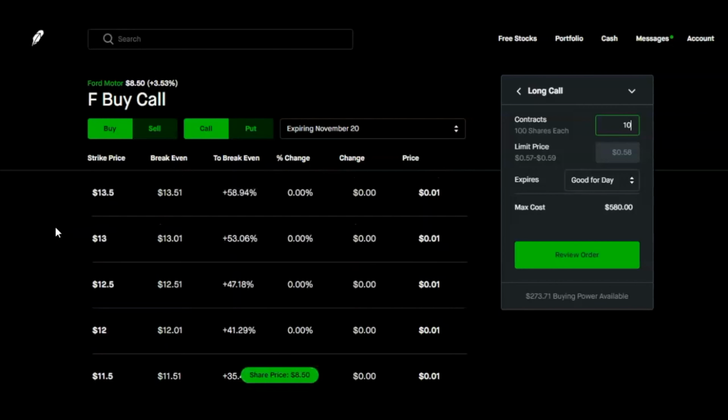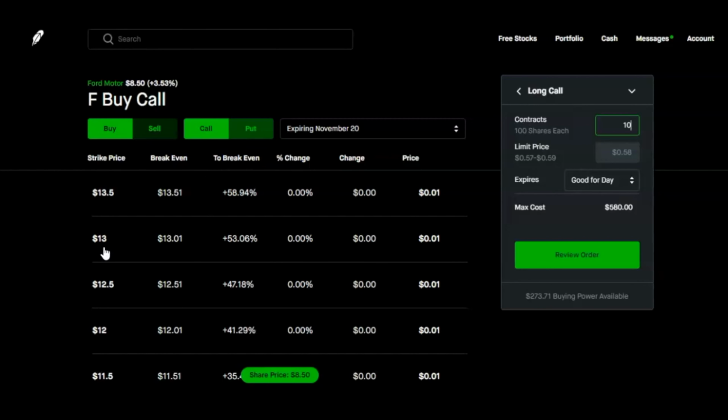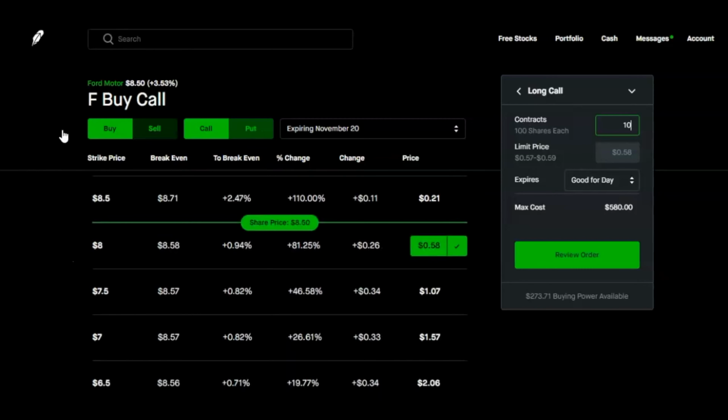And now on the flip side, it's the same with puts. The same with puts is that you use them when you think a stock is going to go down in price. So it's basically the exact same thing, just in the opposite direction. So let's do a quick example here of a